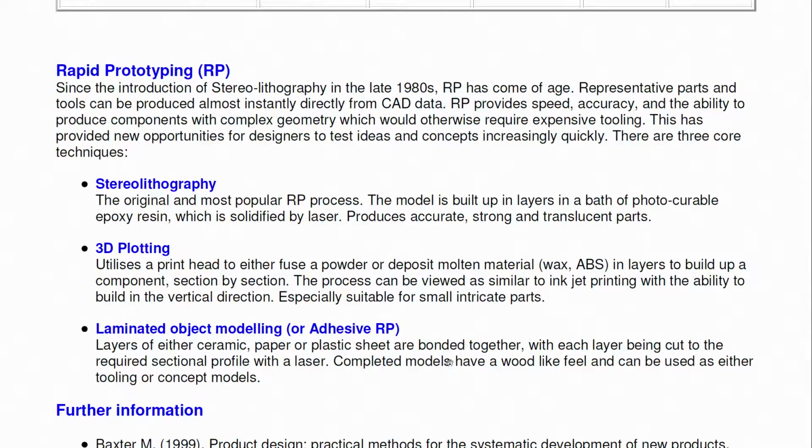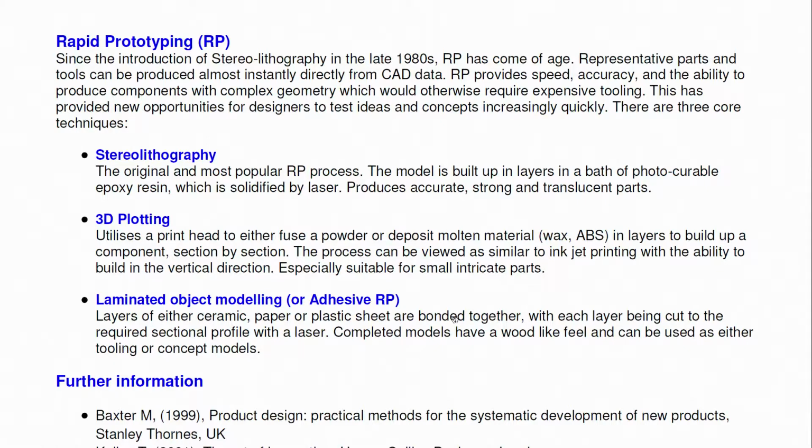Now, this laminated object modeling with paper, plastic sheet and so on has been extended very well. Let us say you want to show a piece of a box-like structure which has a display. The display can be easily printed and stuck onto that. So, you have a project, and it works very well. I have a beautiful display, you understood? I make a box, I just stick this on top of it, including this and this, to make it look good.